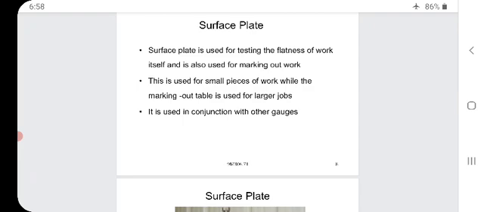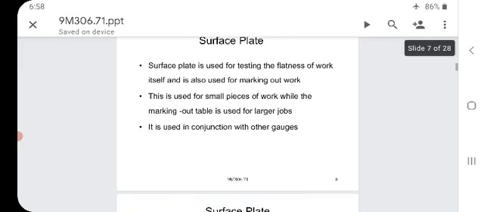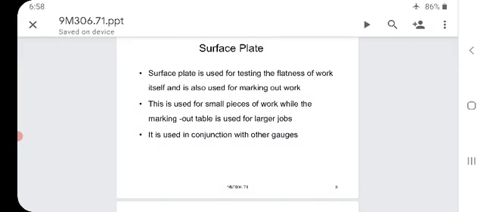So, next is a surface plate. It is used for testing the flatness or the trueness or the straightness of the work itself and is used also for marking out work or for marking out operations.